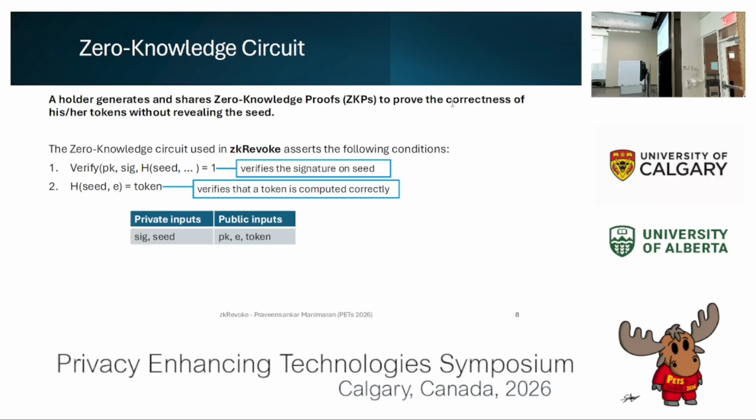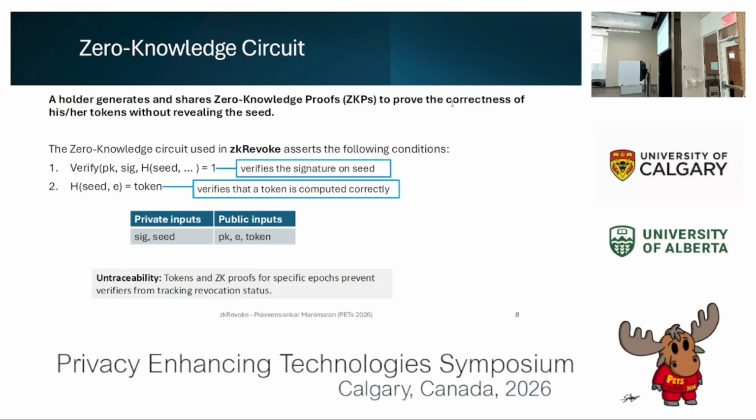The key idea is that all the private inputs are kept only at the holder side, so the holder does not share these private values with the verifier. In this manner, untraceability is achieved because tokens and ZK proofs for specific epochs prevent verifiers from tracking the